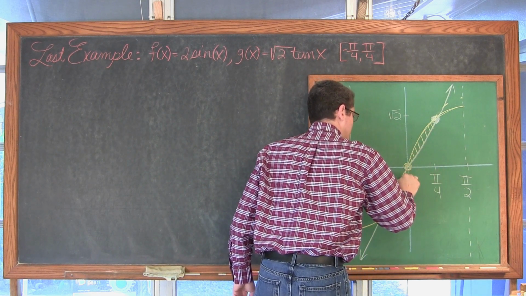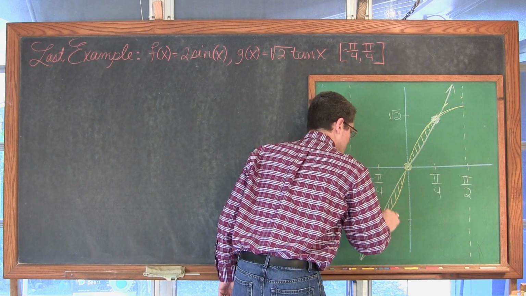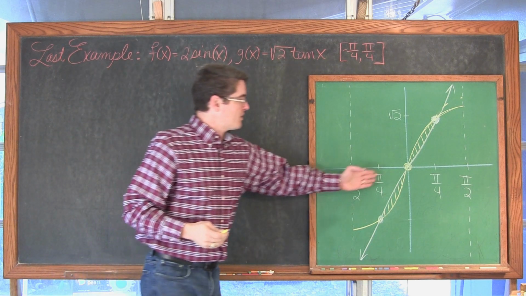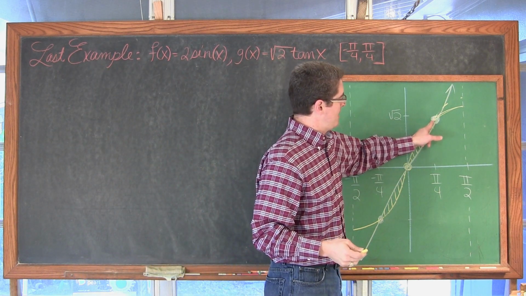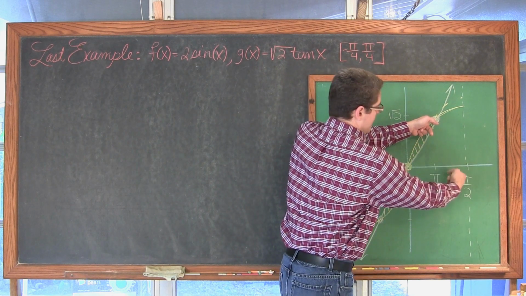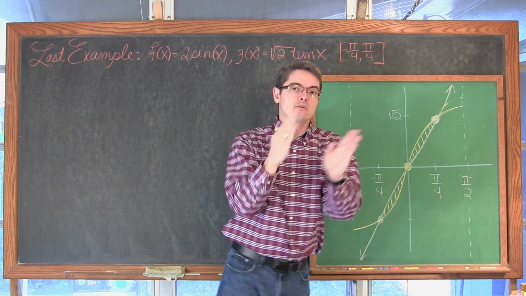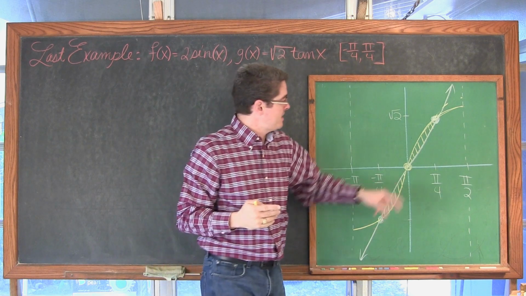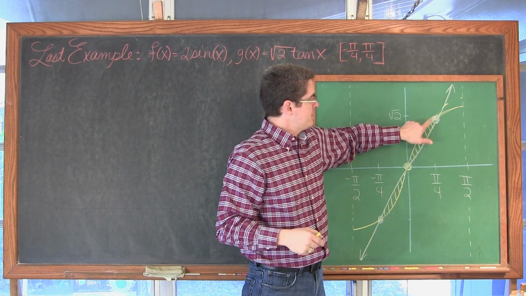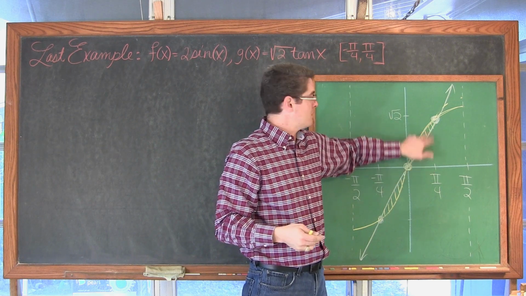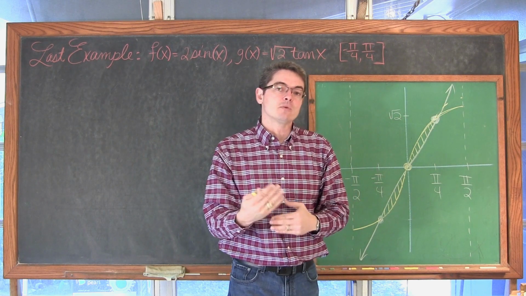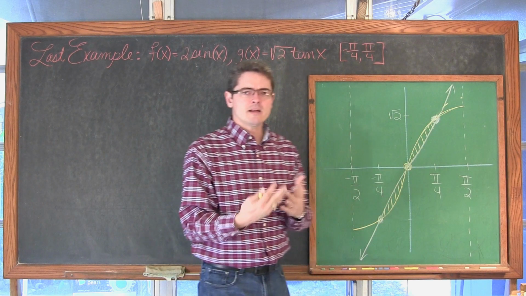We are going to need to find the area of these two regions. Now, are those really intersecting at pi over 4 and negative pi over 4, or is there a bit of a gap? Does it fall a little bit shy, or does the intersection point a little bit to the right of pi over 4, and thus the orientation of the graphs flip-flop? Because here, the sine function is above the tangent function. If the intersection point is before pi over 4, then they're going to switch orientation, and we're going to have to do another integral with the subtraction reversed so that we don't get any kind of negative area.